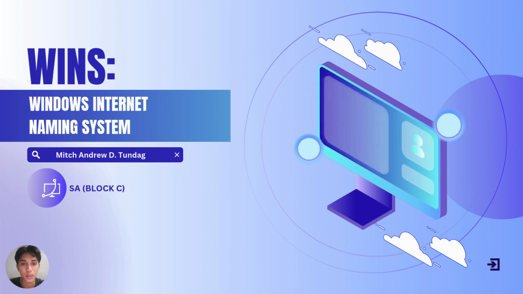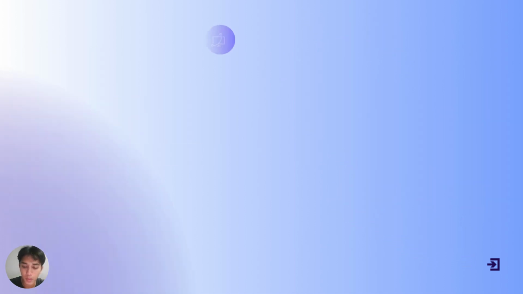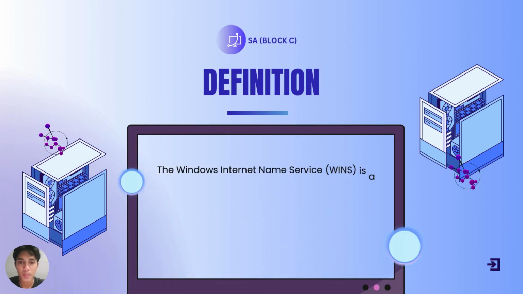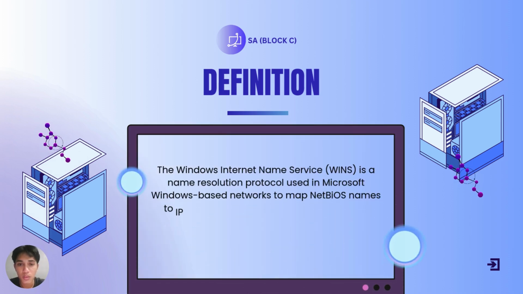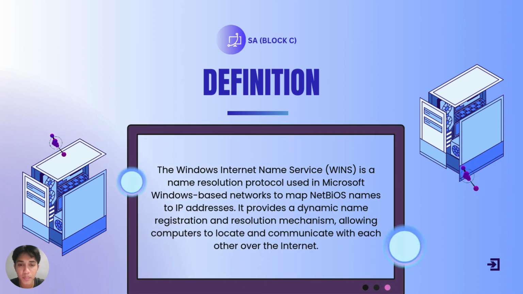So today I will tackle about WINS or Windows Internet Name Service. So what is WINS? WINS is a name resolution protocol used in Microsoft Windows-based networks to map NetBIOS names to IP addresses. It provides a dynamic name registration and resolution mechanism, allowing computers to locate and communicate with each other over